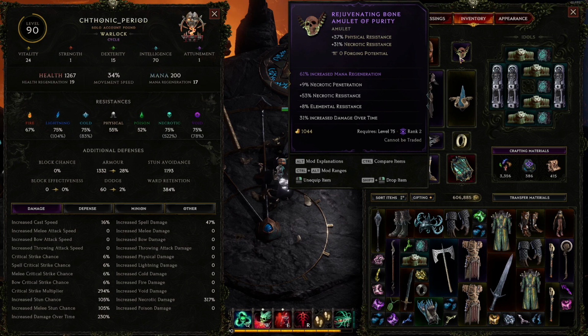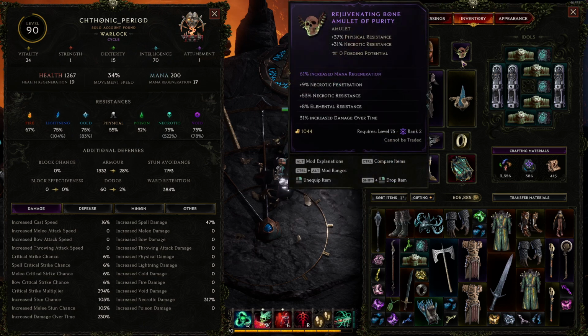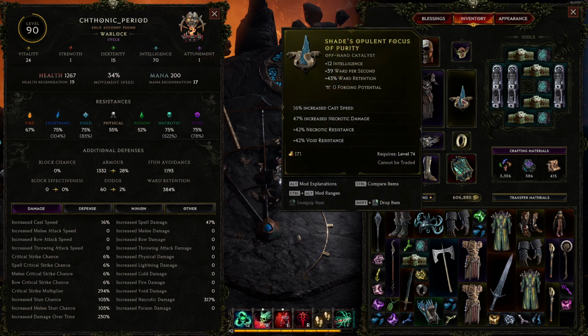It's just really hard to get the right base. I feel like bases in this game drop so infrequently. I have them turned on in my loot filter, good bases with at least one good mod, but it's really hard to get anything. But yeah, whatever. Anyway,